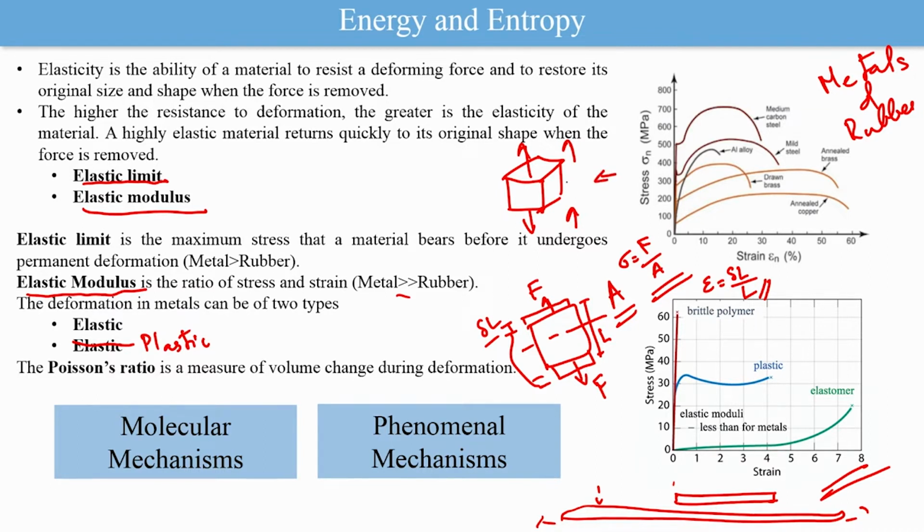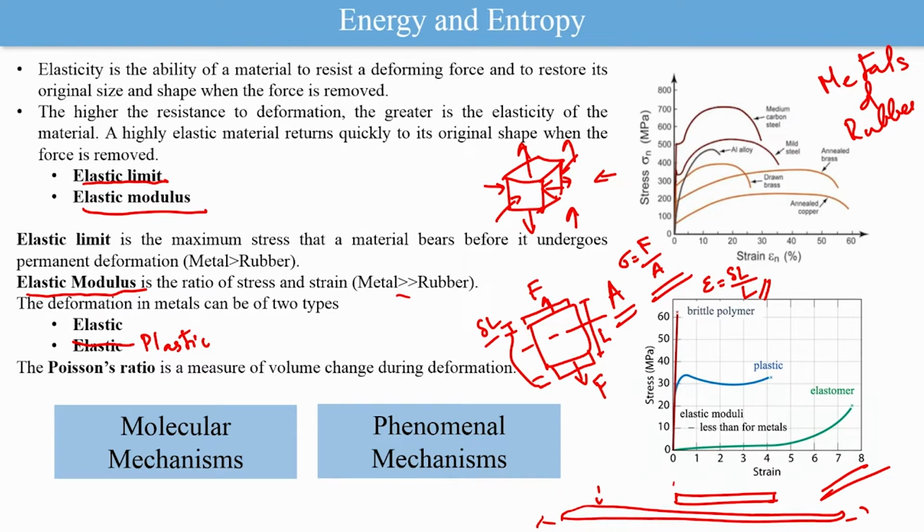there will be a reduction in width as well as breadth in these two directions. It is because the volume of the metal does not change much. That is, when it gets stretched, the compensation happens from the other two sides. So, the quantification of that effect is often referred to as Poisson's ratio. So, there is a change in volume associated with the stretching, and this is referred to as a Poisson's